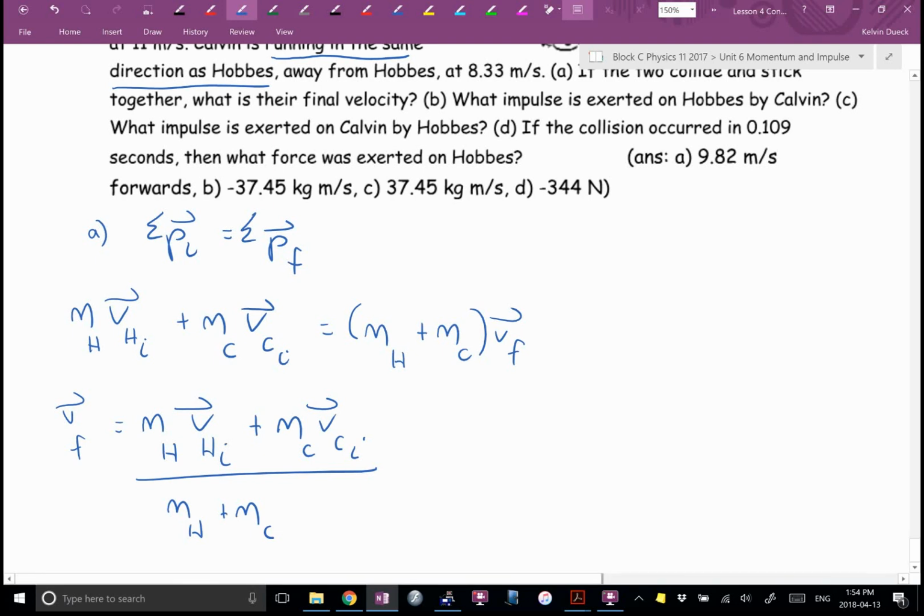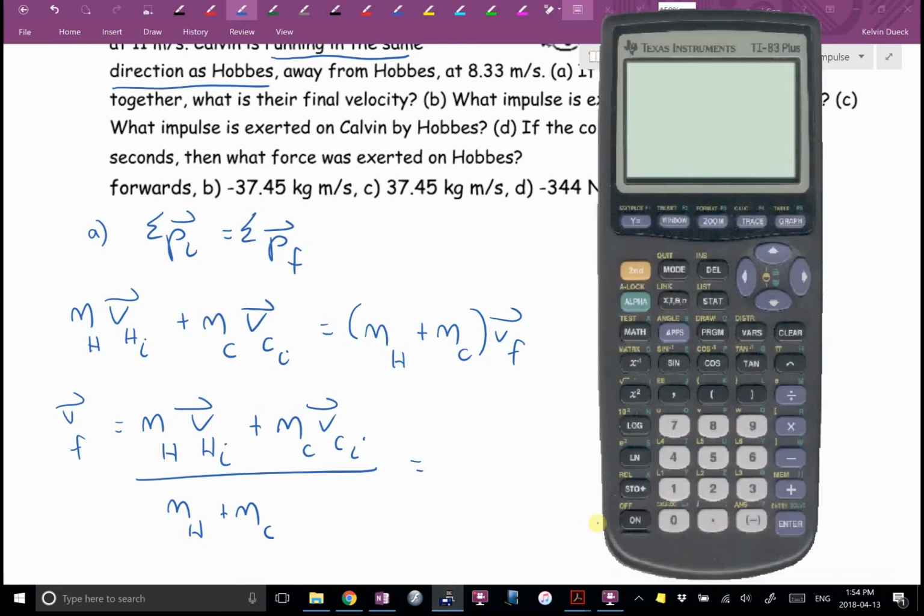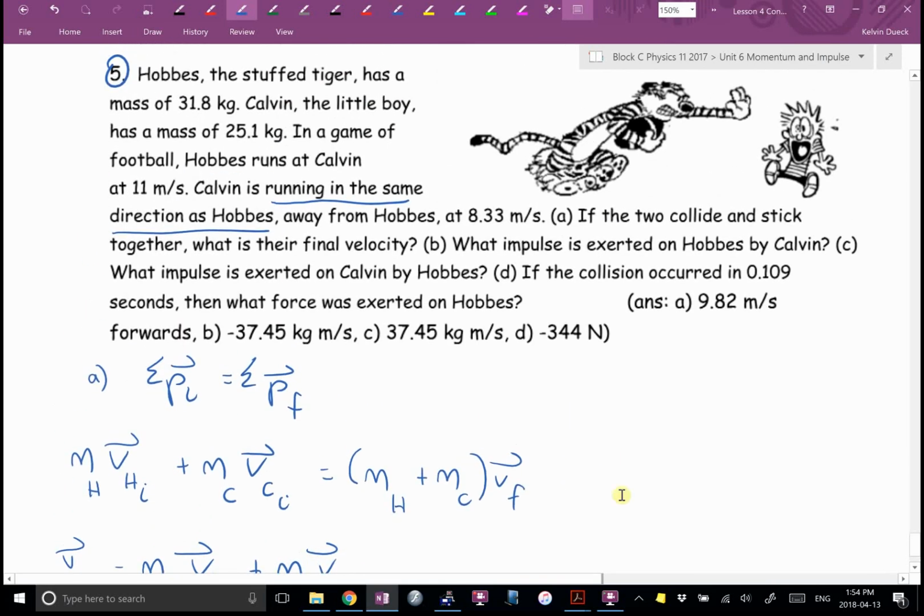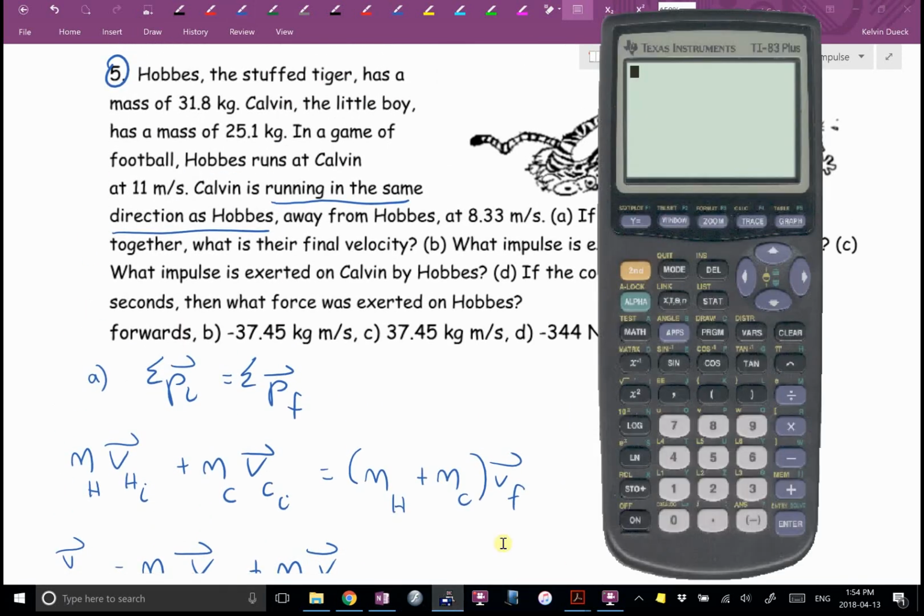Should find that. So if we really quickly crunch the numbers, I'm going to cut corners and not write this out. I'm going to go straight to my calculator, which is really bad, but we will. I need to scroll up here, Mr. Dewick. So I have bracket, mass of Hobbes, 31.8, times velocity of Hobbes, 11, plus mass of Calvin, 25.1, times velocity of Calvin, 8.33, close bracket,